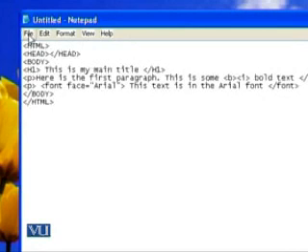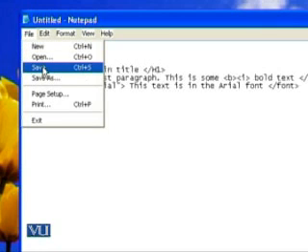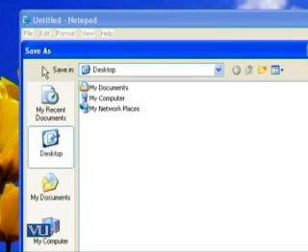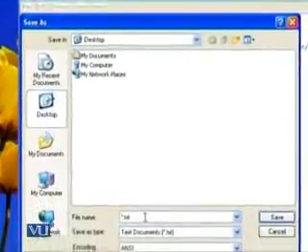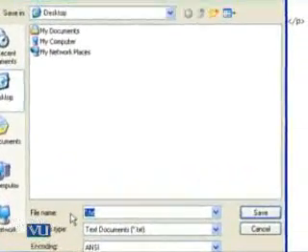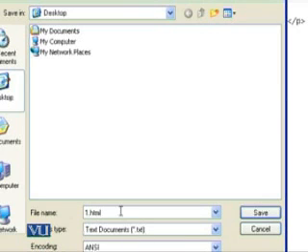Afterwards, I use the file menu to save this code. I save this file as a text file. Say I have named it 1.html. Remember, you will always use the extension HTML. You will save it in HTML format. I save it, say, on the desktop.